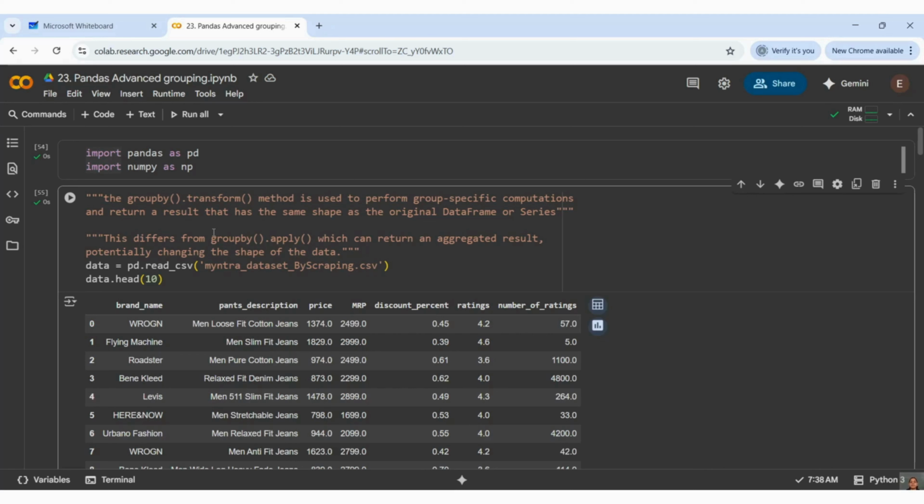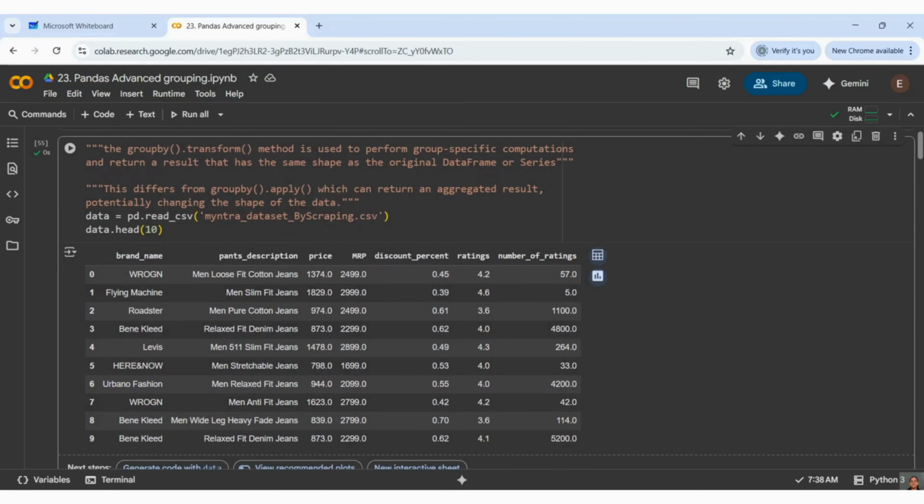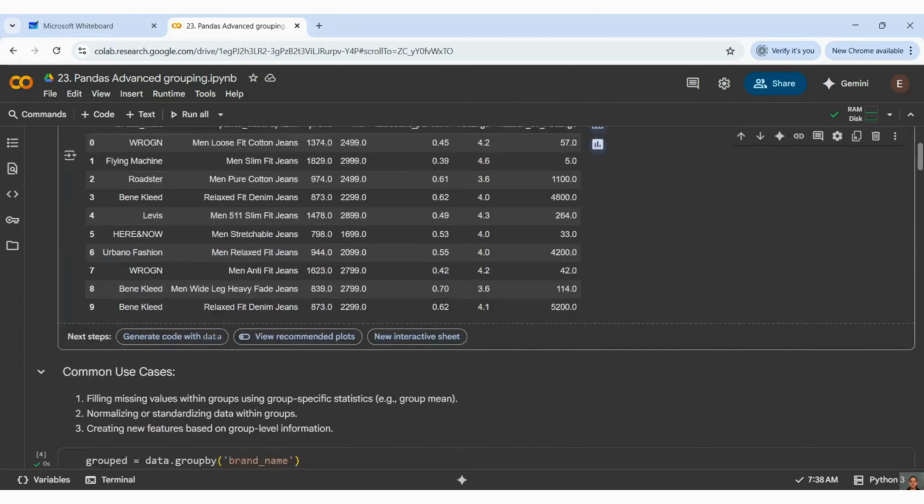When you're doing the apply method, we already understood apply and map and all these things. What it is expecting is a function, right? So you have to pass a function and it is going to give an aggregated result. Like you can calculate the sum, and these are the aggregated outputs, and you can pass it here. With that, the shape of the data might change in the case of apply. So we will see all those examples below.